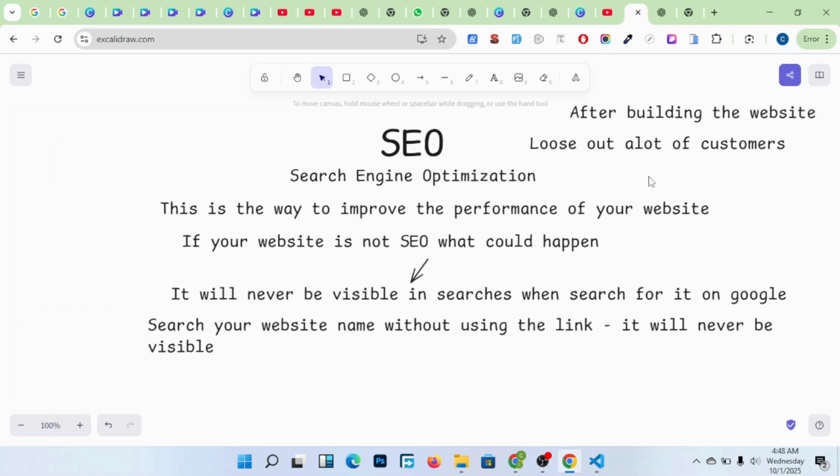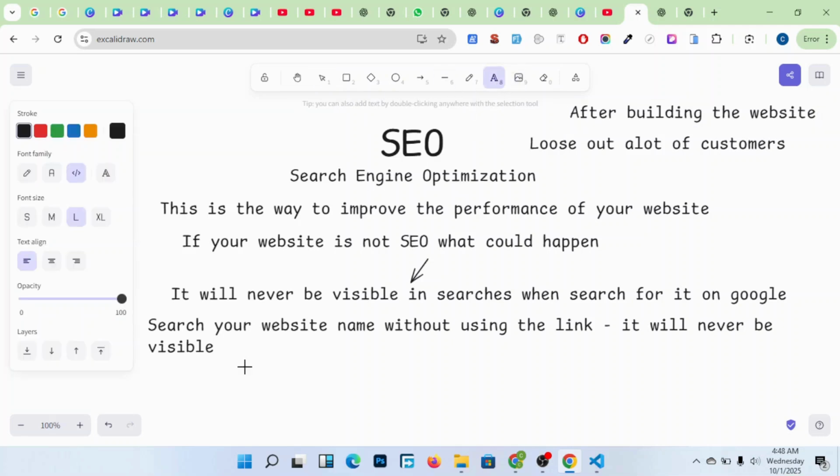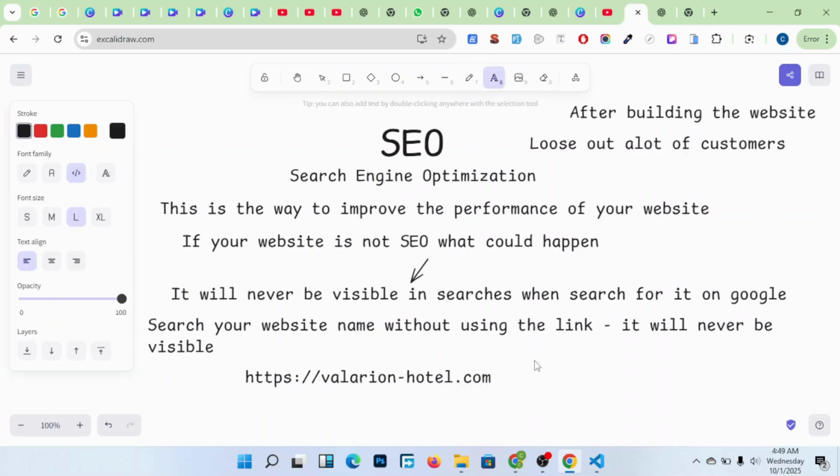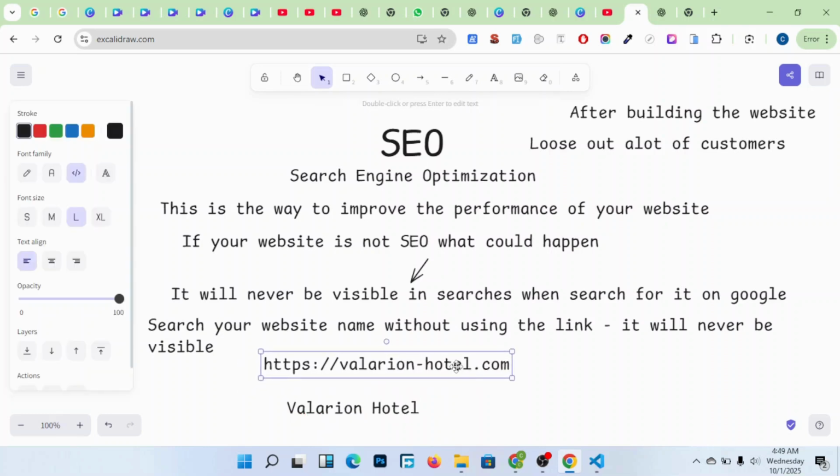If someone goes on Google, even without typing in the link, for example, something like https://valerianhotel.netlify, or even .com, instead of typing this, even just mentioning the name Valerian Hotel alone, your website should come up.